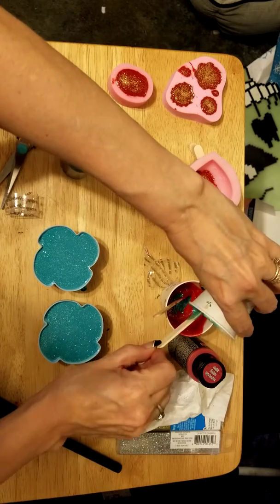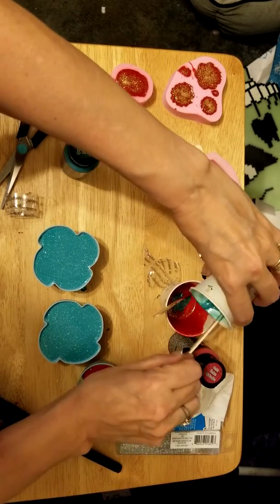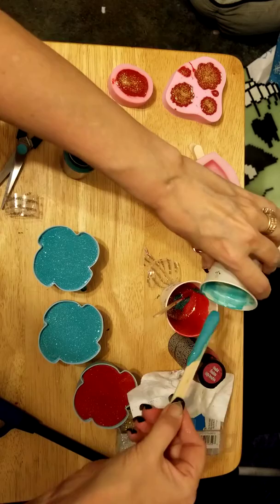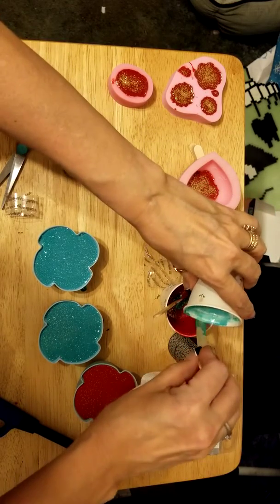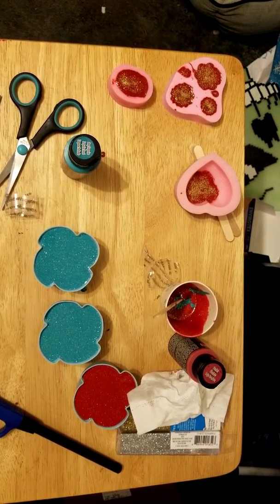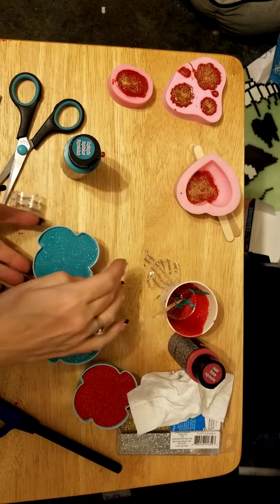I know this is going to be weird. I just want to see how this will set up in a cup by itself. Throw this in the garbage. Alright, now that these have been poured,